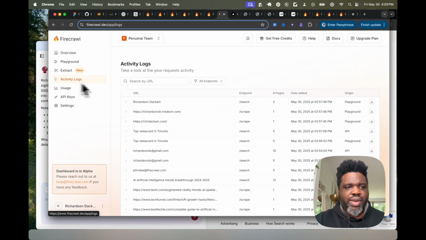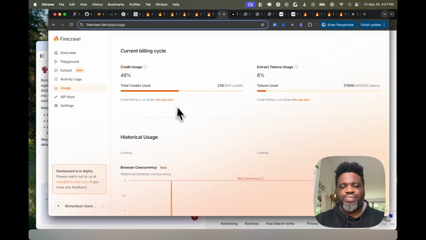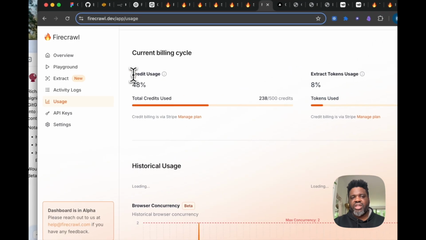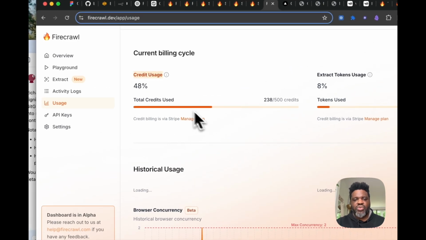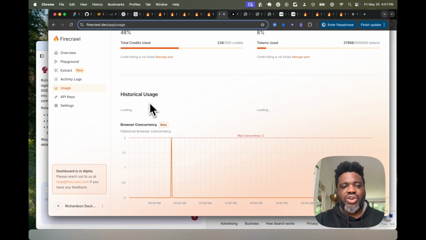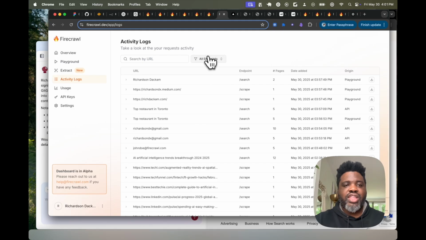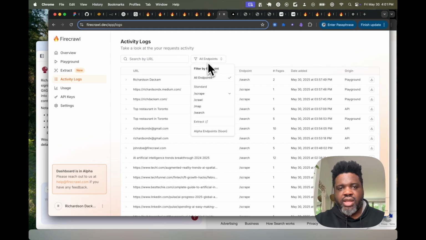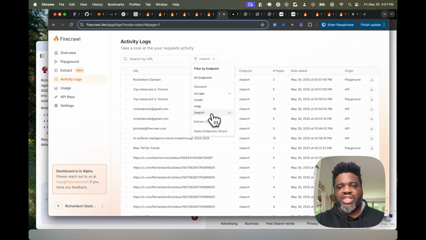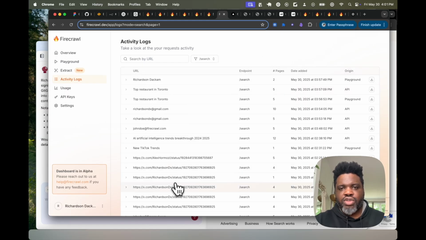So if I head over to my usage, you notice that their usage for extract token usage and credit usage are different. The extract endpoint right here is actually a separate pricing. But if you're using search, this is going to be the general credit usage. So all of your usage is going to appear over here. You can also see your historical usage over time. And also you can head over to the activity log and you can narrow down the activity logs for a specific endpoint. So if you're using search and you want to see your activity log for search, or maybe even use that for debugging purposes, you can just filter by search endpoint and look at all of the URLs that you